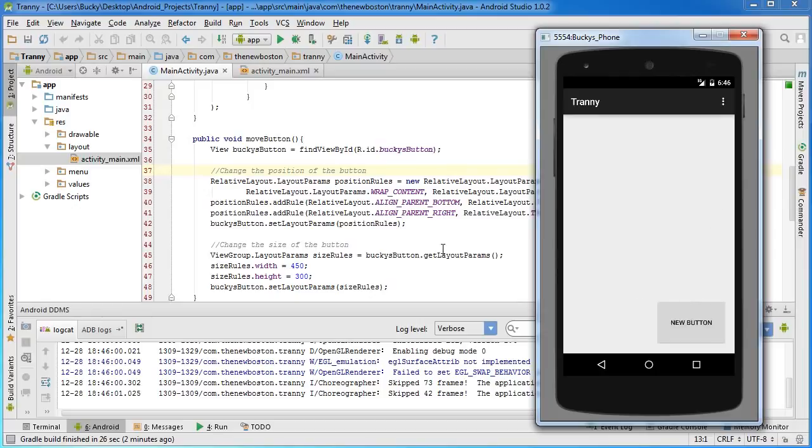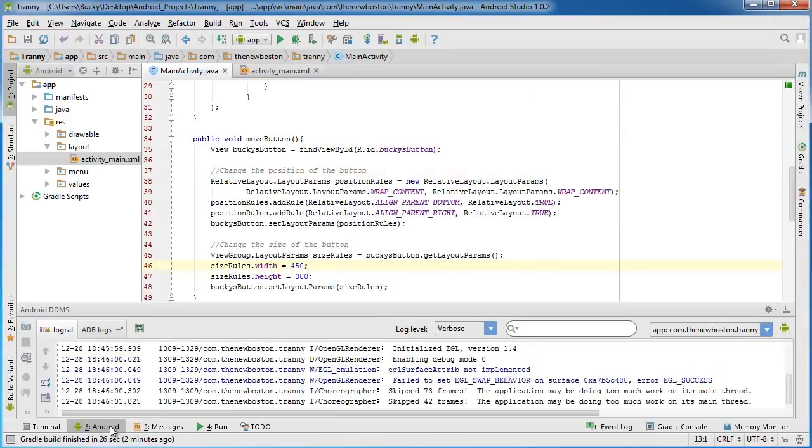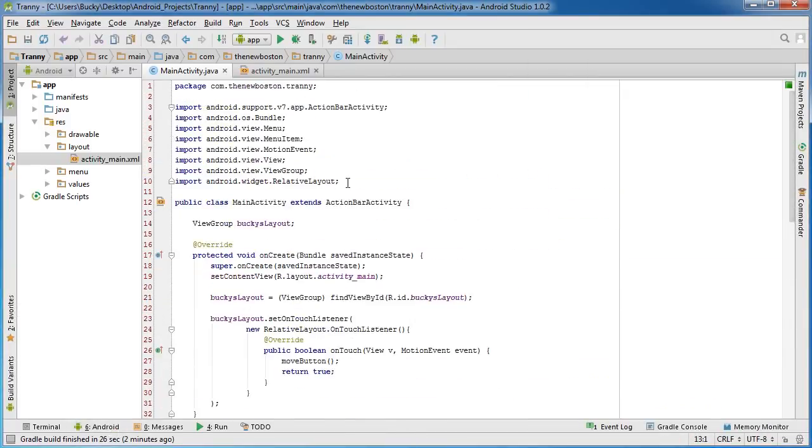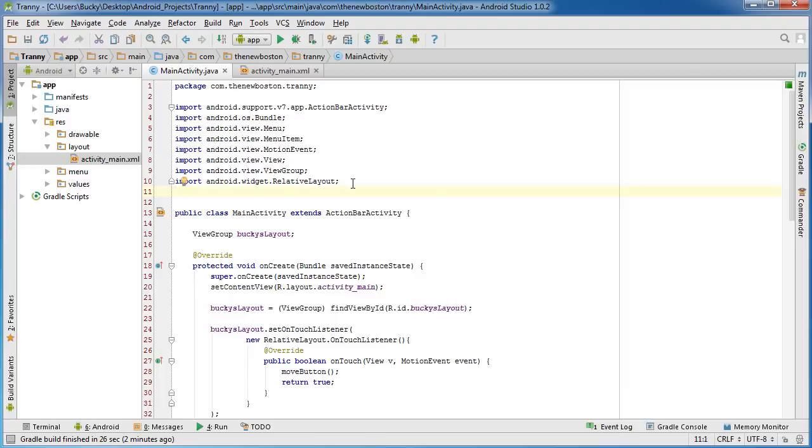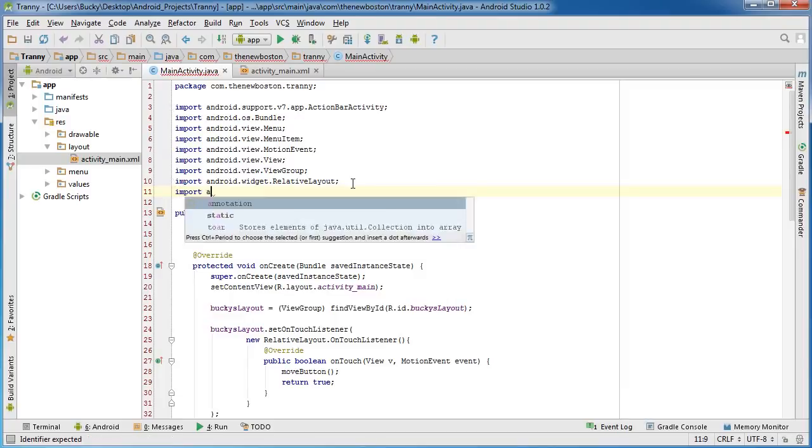Well, lucky for you, to do this it takes like 2 seconds. If you ever want to just use a simple transition to either move it around or change something instantly, that's what you do. However, making a nice smooth animation is probably the easiest thing you ever learn. So let me go ahead and hide this, and the first thing we need to do is import one more thing,